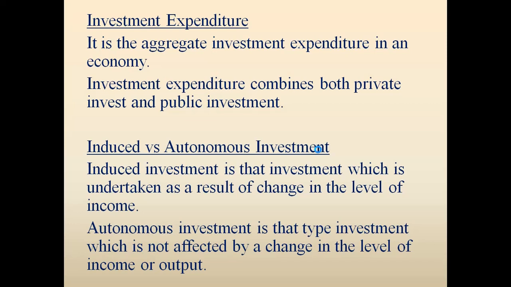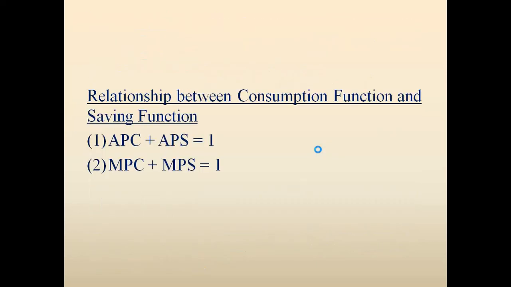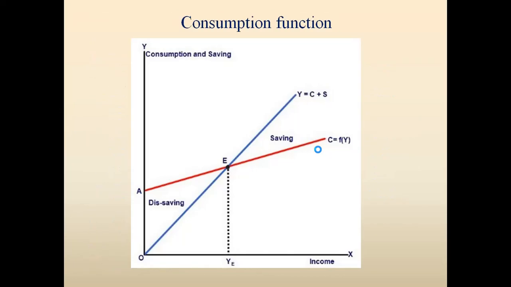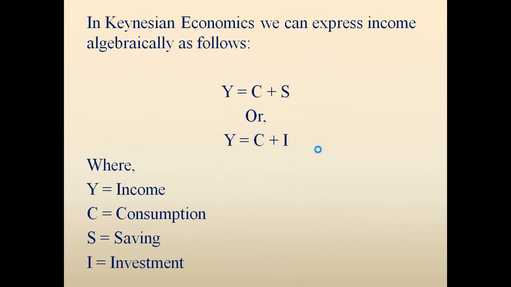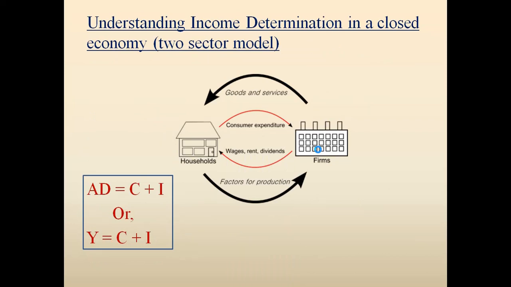When both these private and public companies or the firms invest in the market, that is called your investment expenditure. Remember, households make the consumption expenditure, whereas the firms make investment expenditure. We already know that we are discussing only this 2-sector model of Keynes. Only and only in this particular chapter, this theory of income and employment,